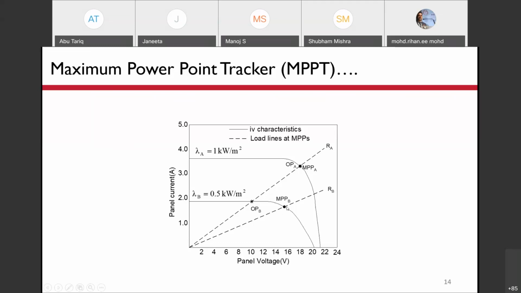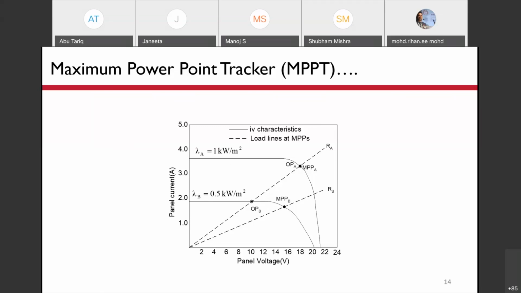This means that we have to change the resistance of the load so that the operating point is equal to the maximum power point. That is, in this case, increase the resistance from RA to RB so that the current decreases and we reach the maximum power point MPP. Then it will start generating the maximum power available at this particular insolation.